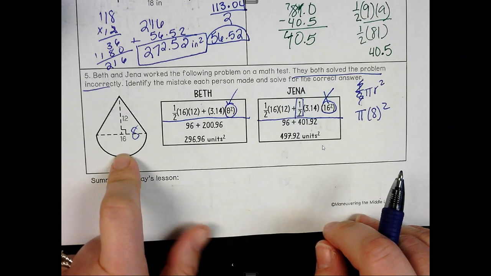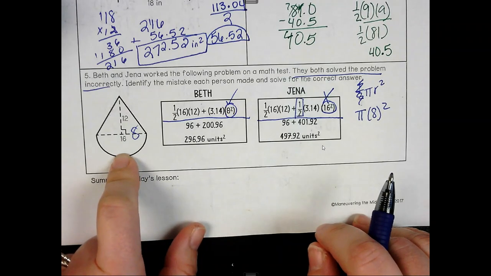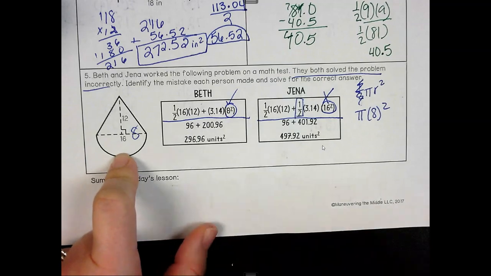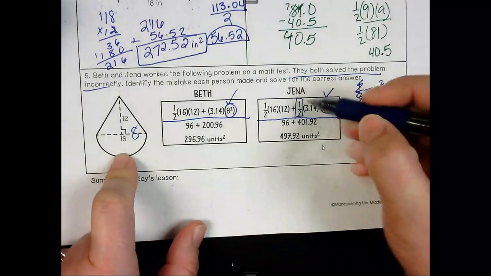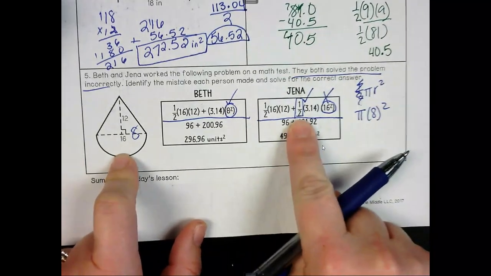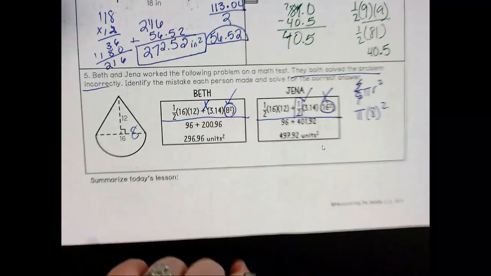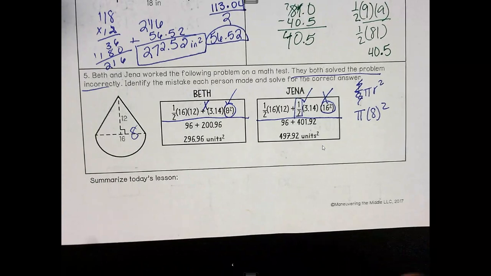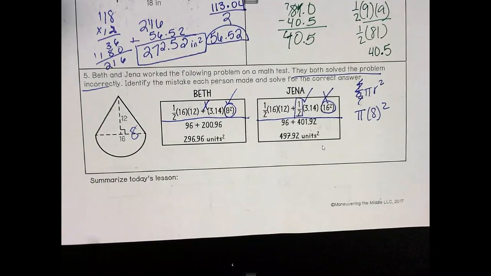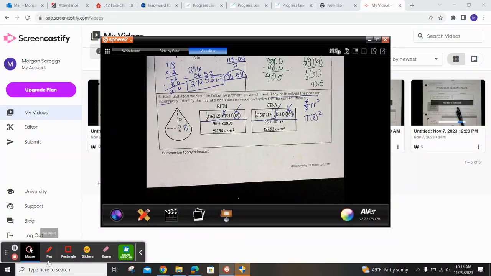So I have to half the whole thing, right? So she had the 1/2 because she was going to end up dividing by 2, but she did not. She was going to find the area of the full circle. Okay. So both of them did something correct for the formula, and both of them did something incorrect for the formula. Okay. So what